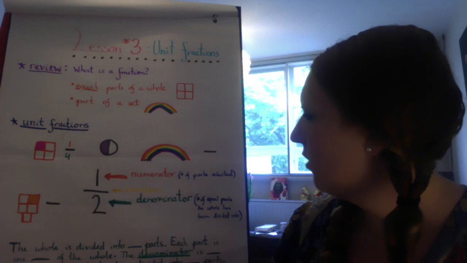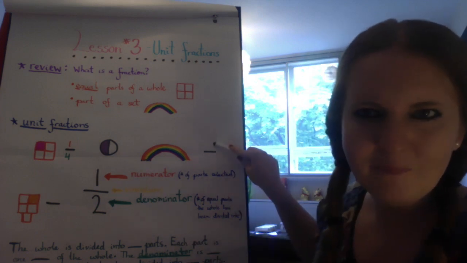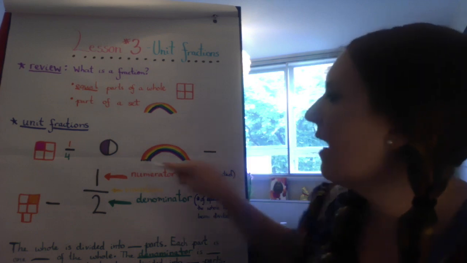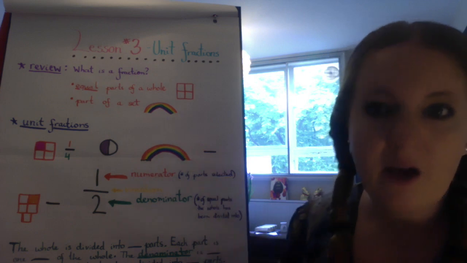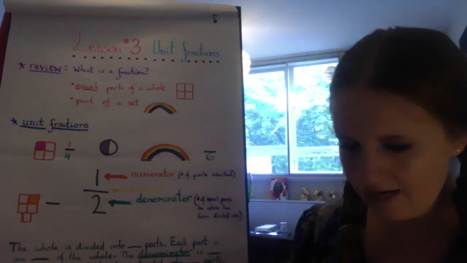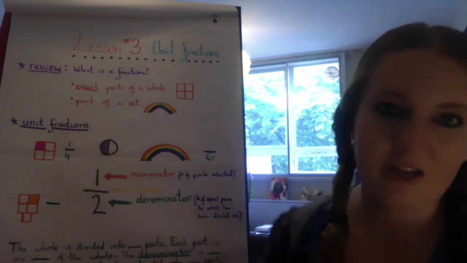So denominator, do I put the 6 here? No, I need to put the 6 here. This is showing me how many parts of my whole. So I put 6. And now again, our numerator, well, I know that we're doing unit fractions, so the numerator